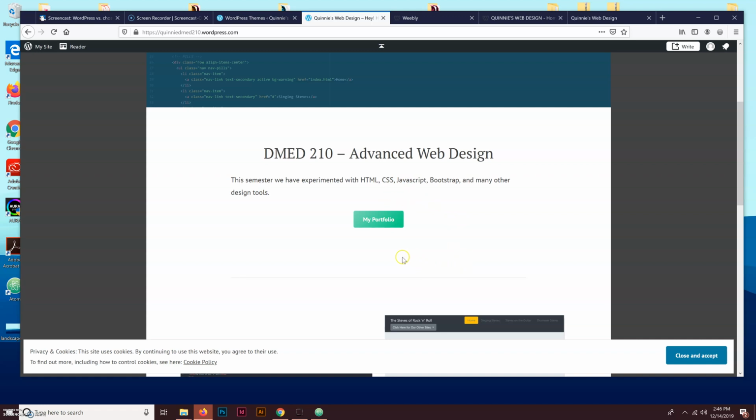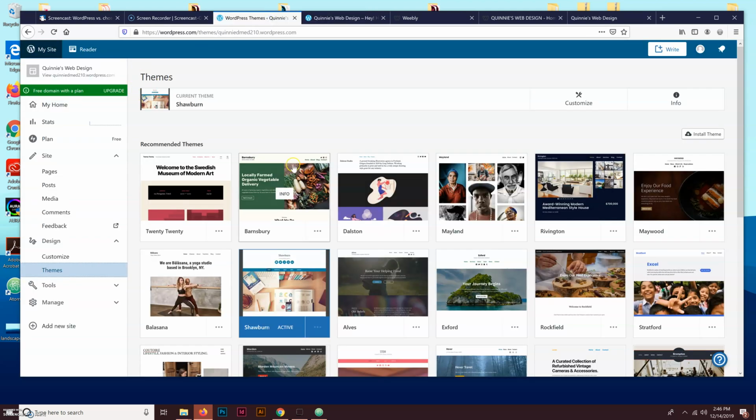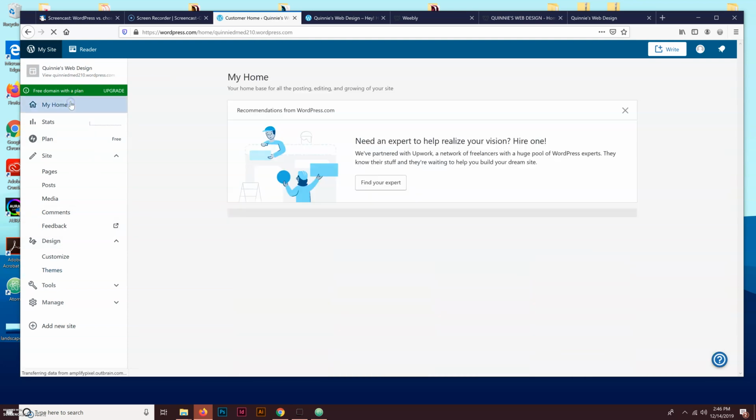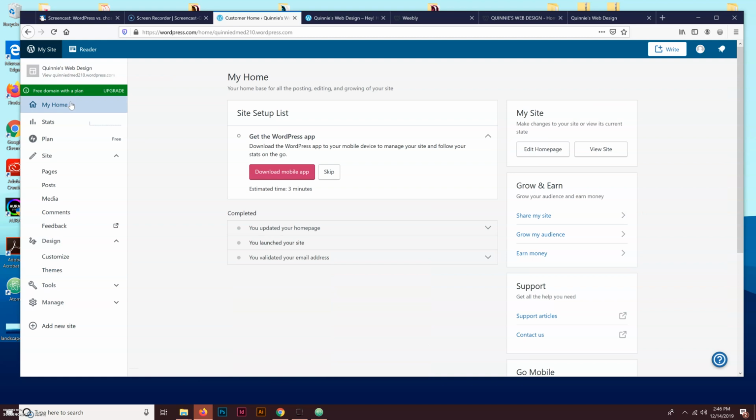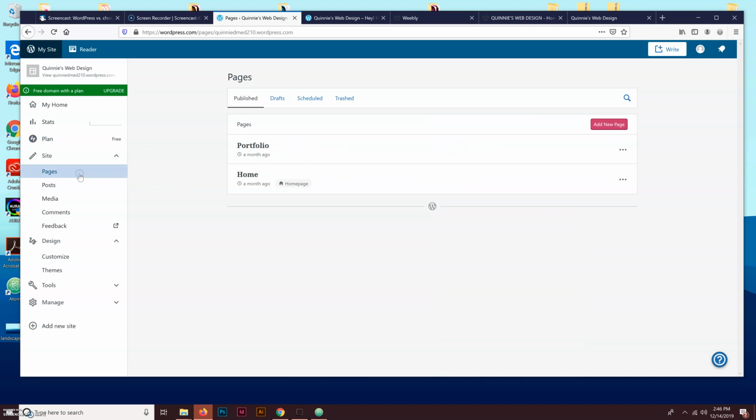So going back to WordPress, I really liked it, but I think some of the disadvantages were that there was no initial tutorial. So here's the design view, and then here's the live website to compare. When you're first starting, there's not really a way to introduce it to you. It's overwhelming because you get all these buttons and you don't really know what each one of these things does. And then they try to make you buy it so that you have your own domain, which gets annoying after a while. And Weebly's actually similar to that, but